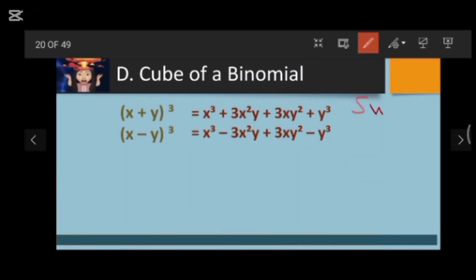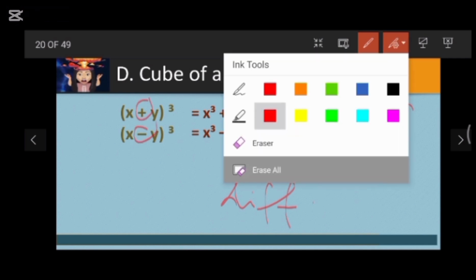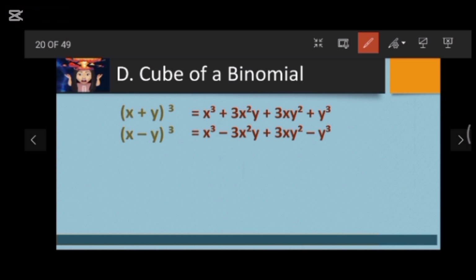Our sum. And the second one is our difference, obviously because of its sign, which are the plus and minus. For you to find the cube of a binomial, the first step is to